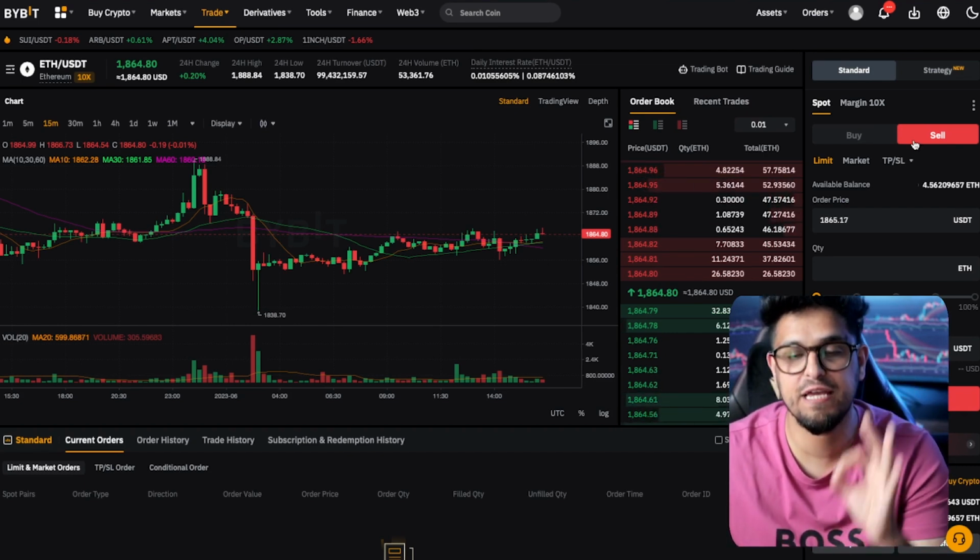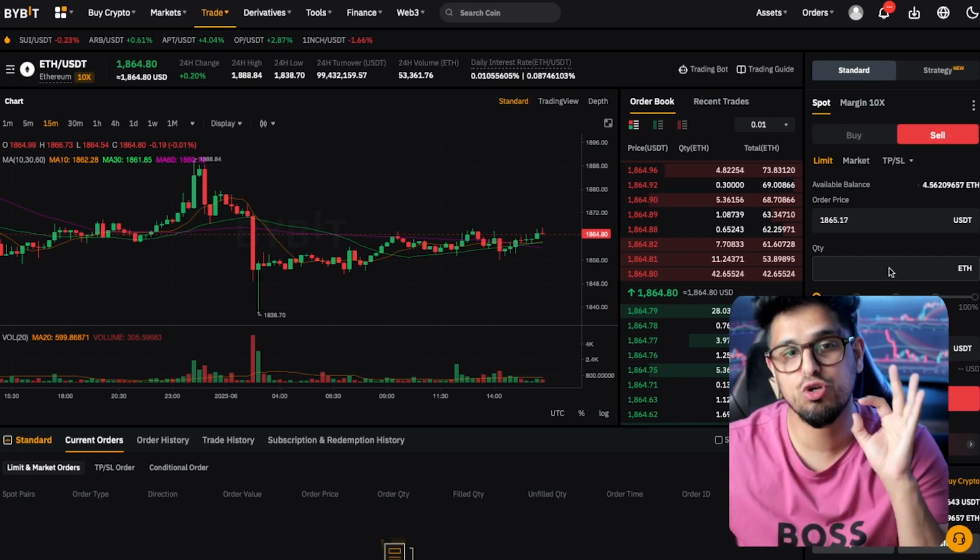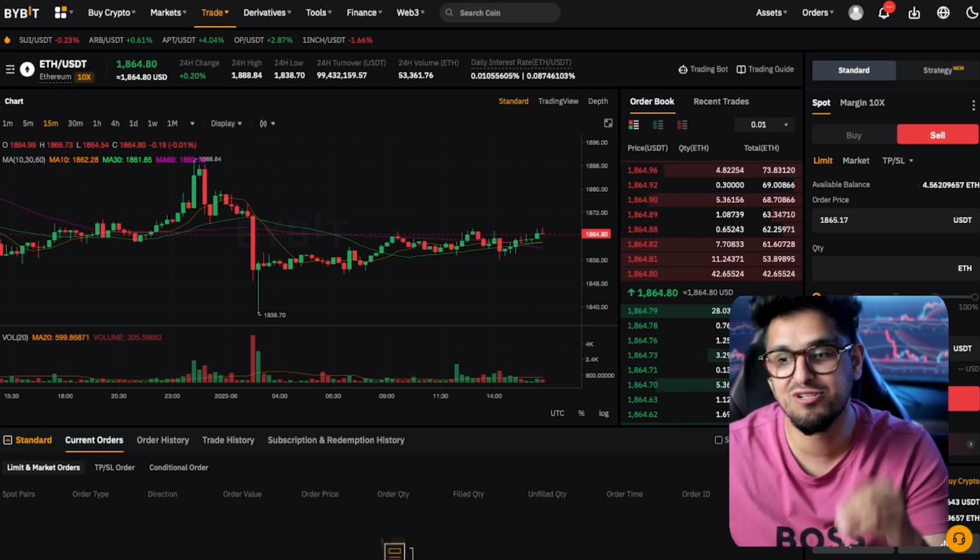These are very important steps. Make sure you set your stop loss automatically. Make sure you set your take profit target automatically. You will be shocked and astounded at the number of people who manually keep changing their stop losses and take profits. I've done it plenty of times. Some of the best traders I've ever known have done it plenty of times, and you're going to do it as well. But again, what did I say?